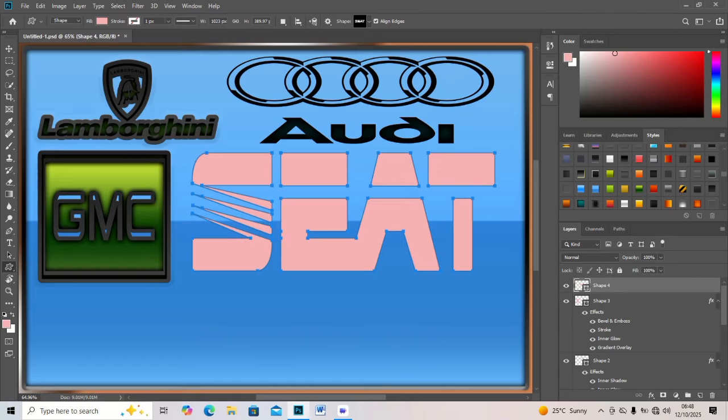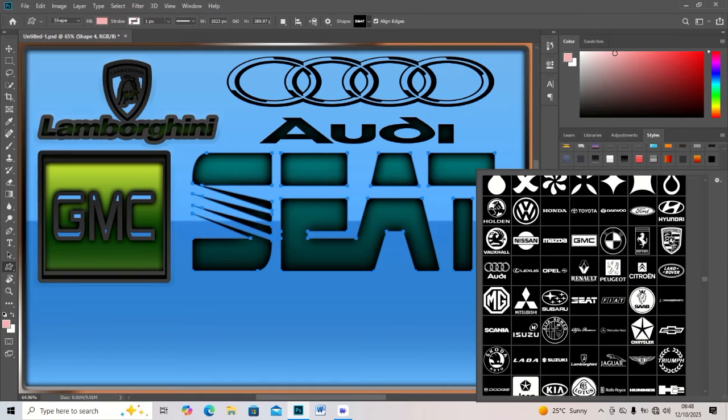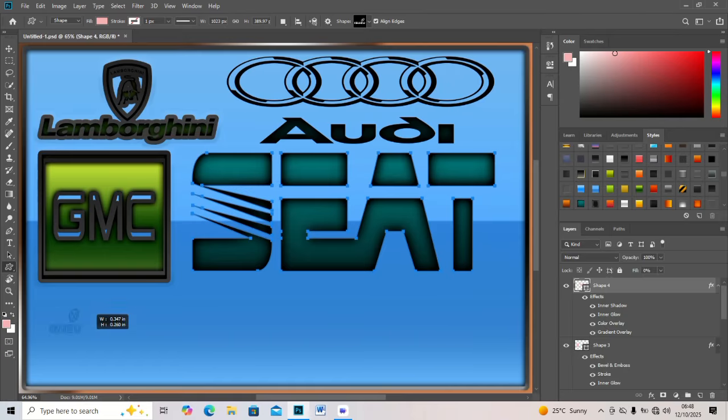Then we will paint light trails and mist using a soft white brush set to overlay mode. To add